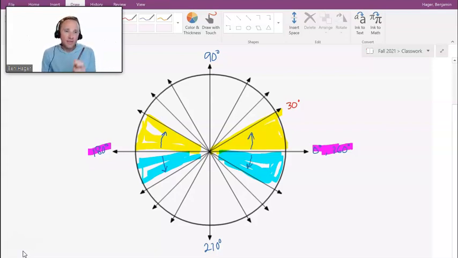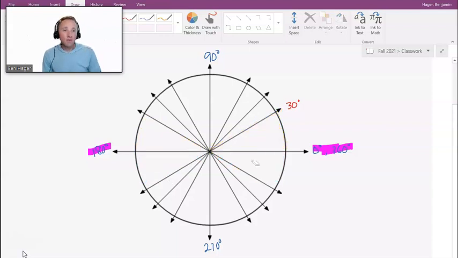And so that distance we travel from the x-axis we refer to as the reference angle. That's what relates all these angles here that I've drawn. They have the same reference angle, okay? We're going to use that reference angle to help identify what these angle measurements are. So here's how it works.